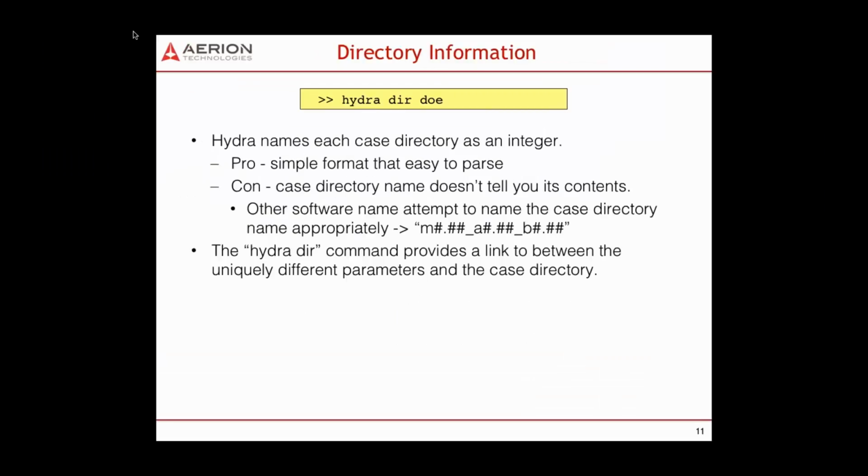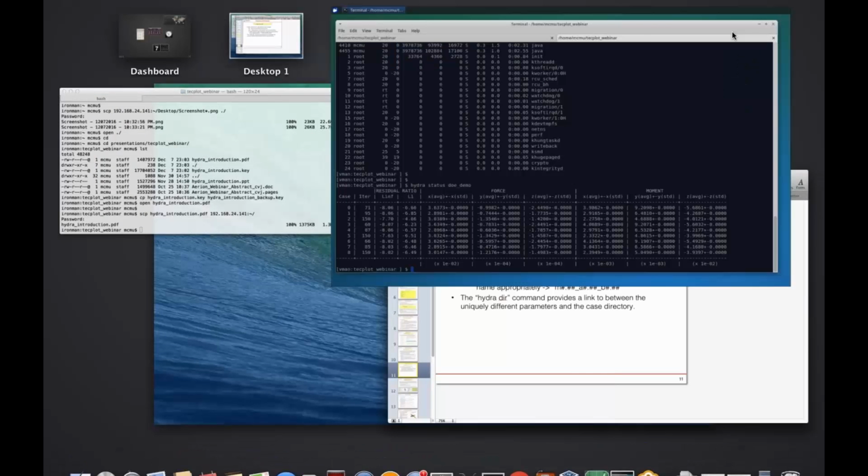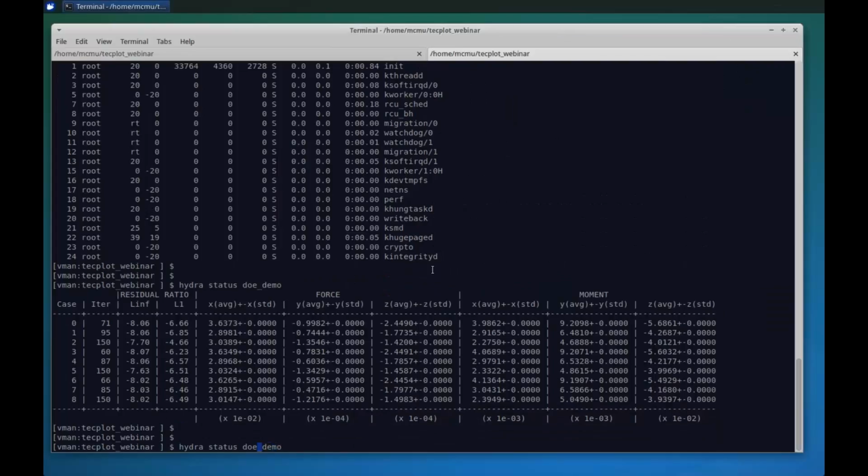So you'll notice that each individual case directory has an integer number associated with it, and that is good because it's a simple format that people can easily parse, and it's flexible to admit any number of different naming conventions associated with parameters. But it's bad because people don't necessarily know what the contents of each individual directory is. So we wrote a utility or an option within Hydra to provide that link between the individual case directory and the unique parameters that were used in the creation of the directory itself. So one just types in Hydra